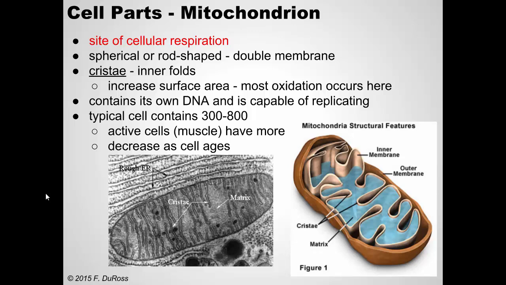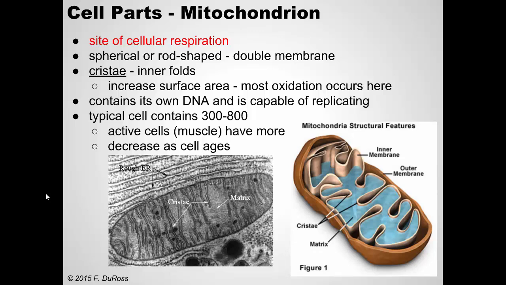Okay? They also have a double membrane. And within that membrane, they have all these folds. Okay? They're called cristae. And they serve to, again, increase surface area. Whenever you have like folded surfaces, you're increasing surface area. Just like in our intestines or our lungs, you have folds and complex shapes because they increase surface area for chemical reactions to take place. Mitochondria actually contains its own DNA